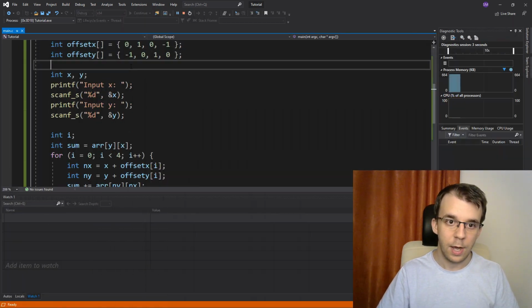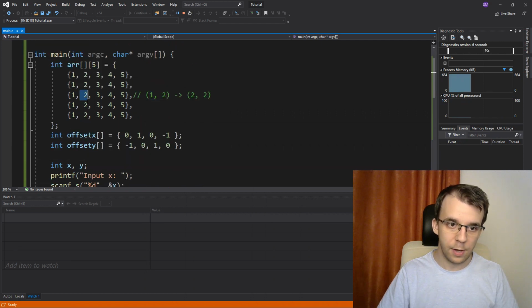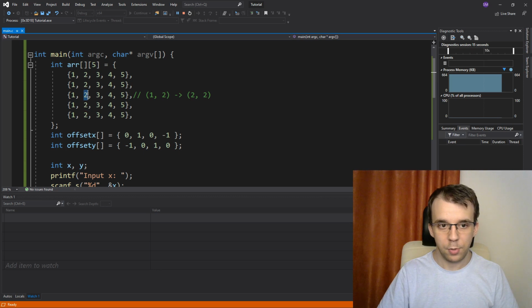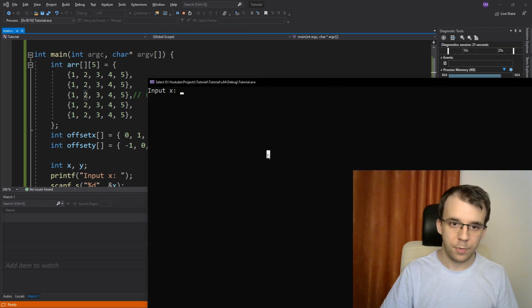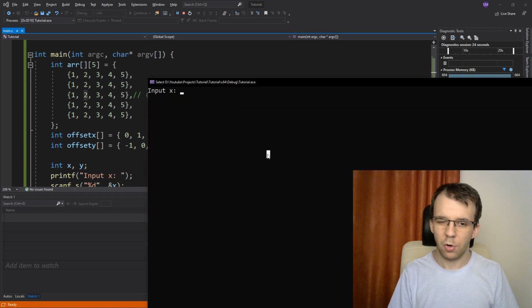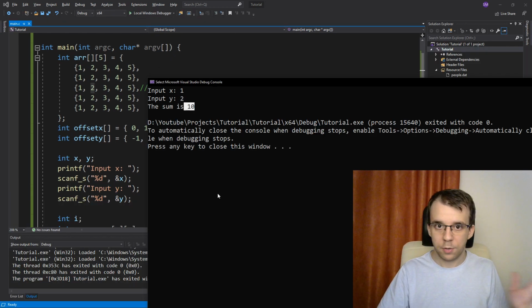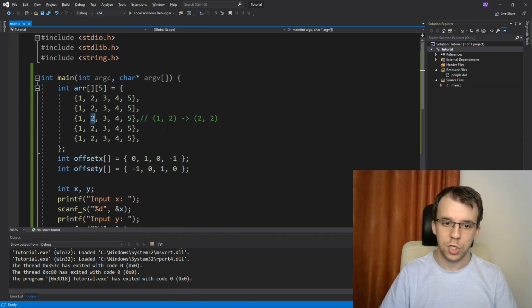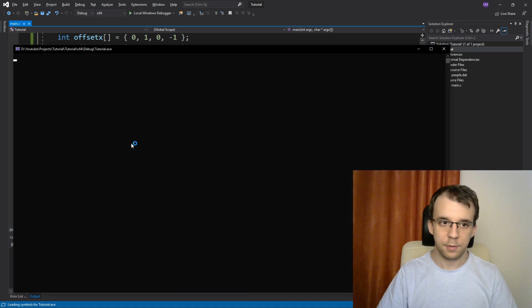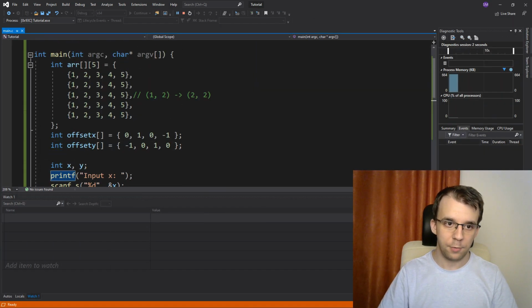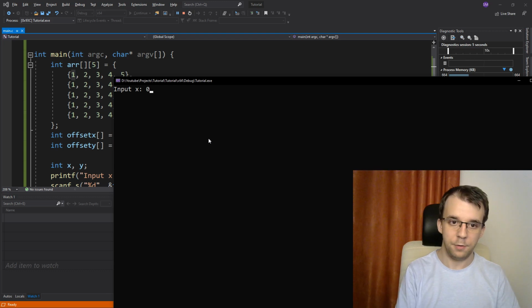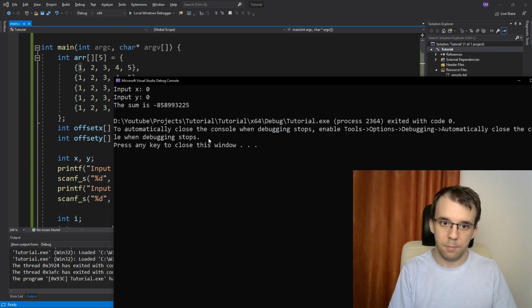So here, if I say I want 1 and 2, which was this guy, how much is this? So this is 1 plus 2, that's 3, plus 3, that's 6, plus 2, that's 8, and plus 2, that's 10. So we should be getting 10 in this case. If the x coordinate is 1 and the y coordinate is 2, as you can see the sum is 10. So that worked nicely. The biggest issue with the code here is that we don't check for any bounds, right? So if I run this again and, for example, want to sum all the neighbors from this corner here, so if I say 0, 0, as you can see, I'm just going to get some weird number